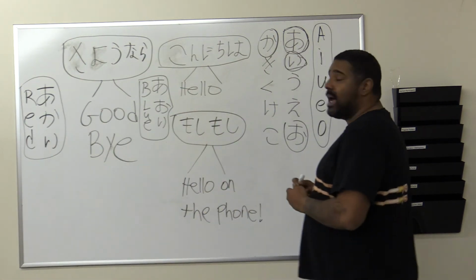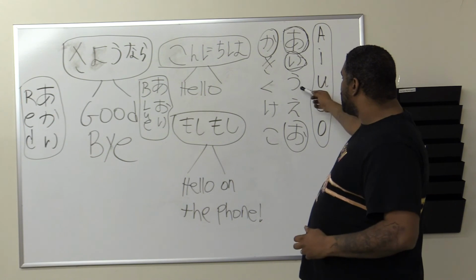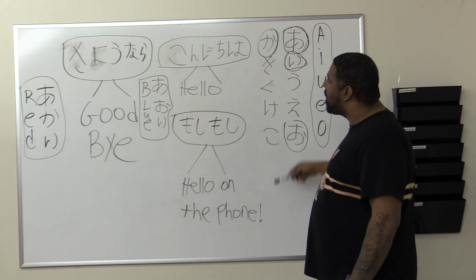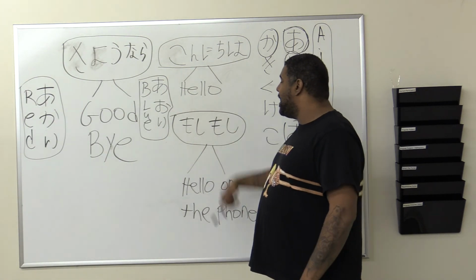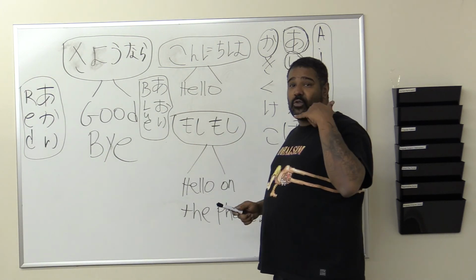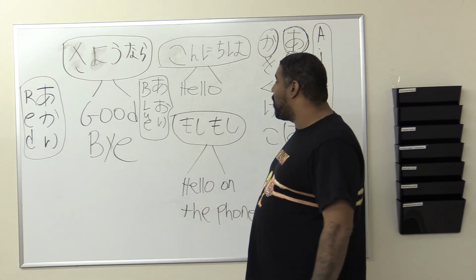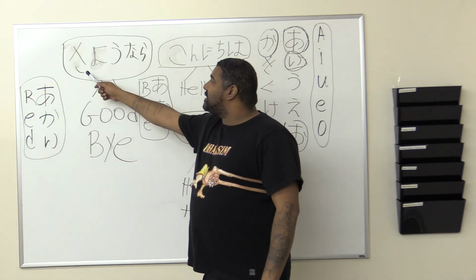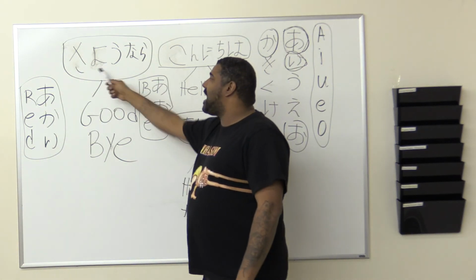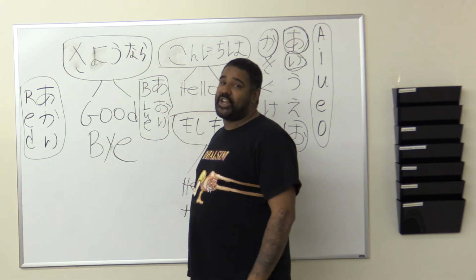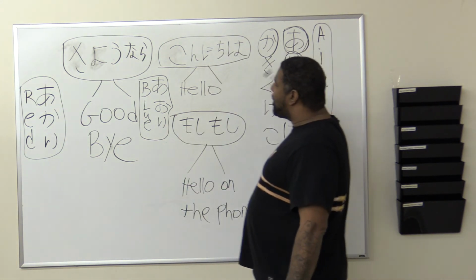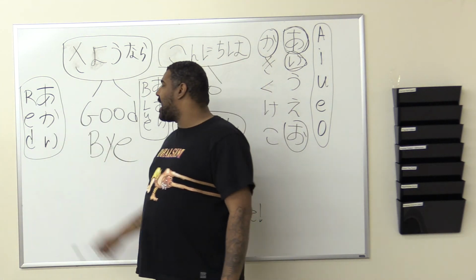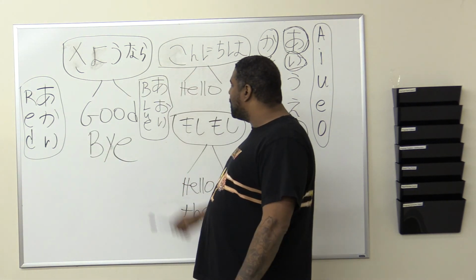But once again, I'm going to go over it again with you. I, U, A, O, ka, ki, ku, ke, ko. We have Konichiwa. Can you guess what that means? Hello. We have moshi moshi. Moshi moshi's on the phone. Ring, ring, ring. Hello on the phone. And then we have sayonara. Sayonara, which is goodbye in Japanese. You always want to say goodbye. The word finder that we did right here, we found red, akai, and then we also found the word blue,